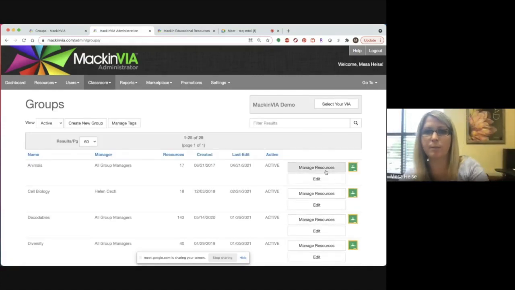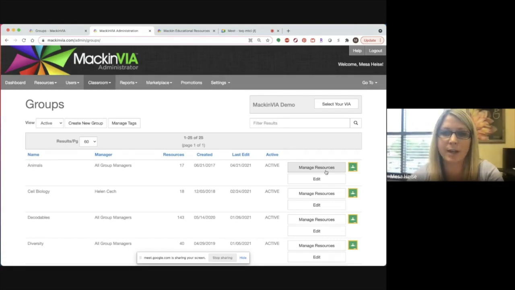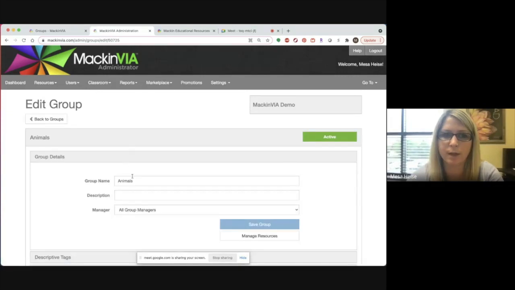One thing to remember, once you've created a group, you can make it inactive, but you cannot delete a group. We have that so that you can track usage, even if a group is deleted, so that you can see what the students were using. But what I suggest for some people who get frustrated and want to clean up their groups, just rename the group. So when I go into edit, this is what the create a group screen looks like.